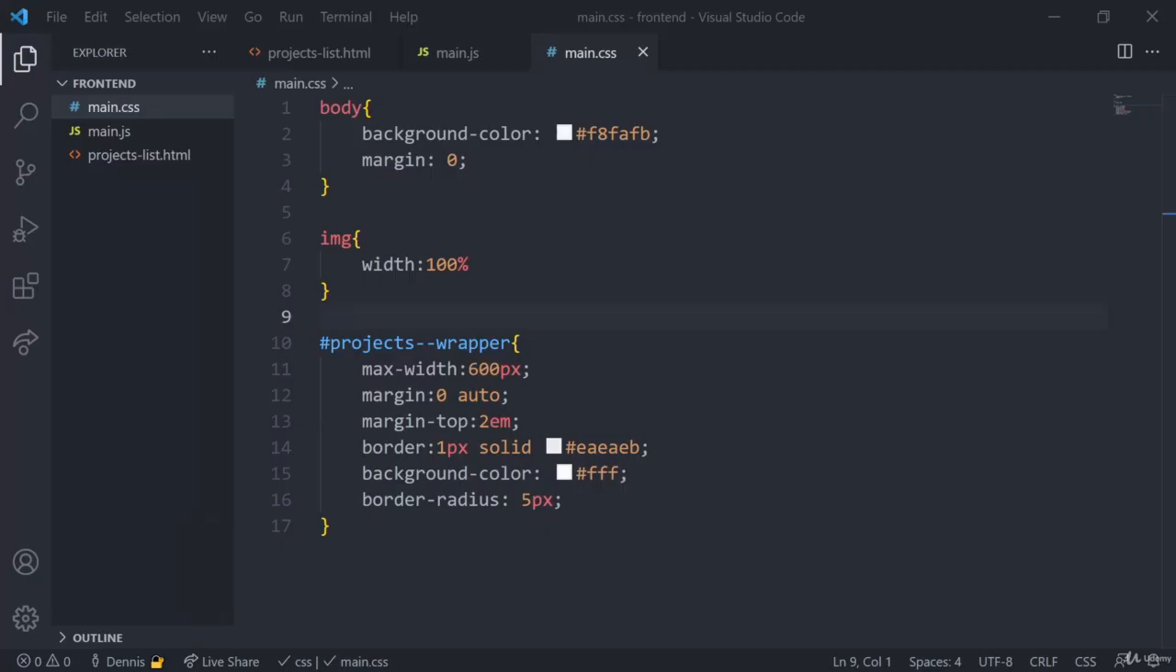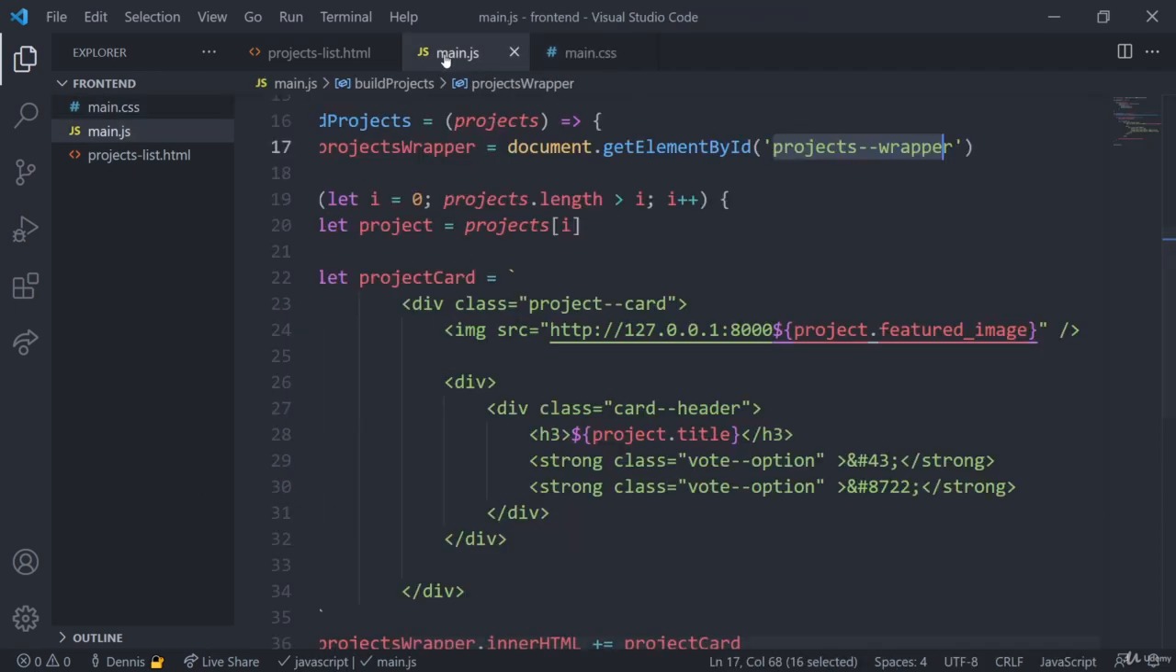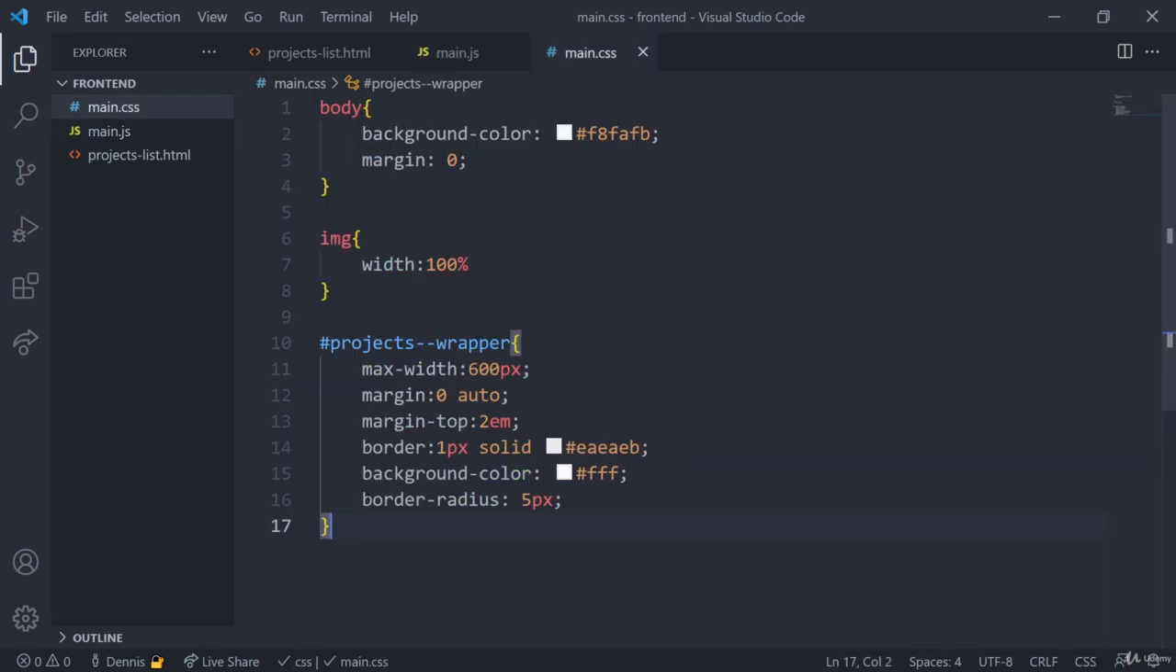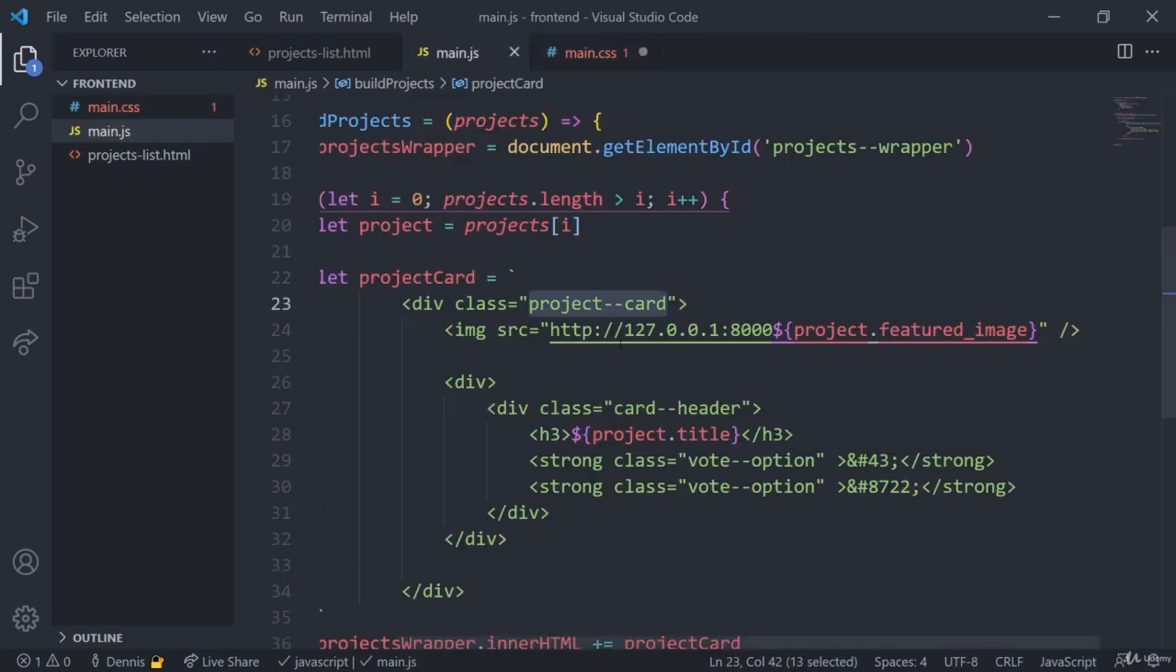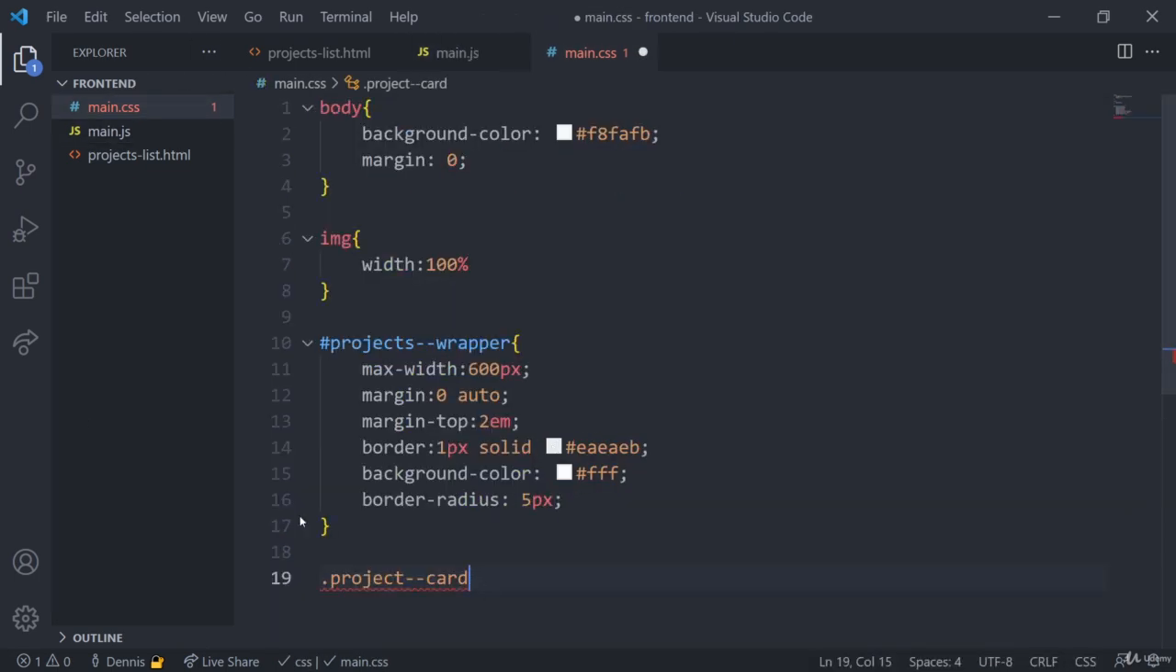So let's go back in here. The next thing I want to style is going to be the actual project card, so this card right here. Let's get this styled. So the project card, let's just do project--card. That's what I called it. Let's make sure the naming is the same. And in here,